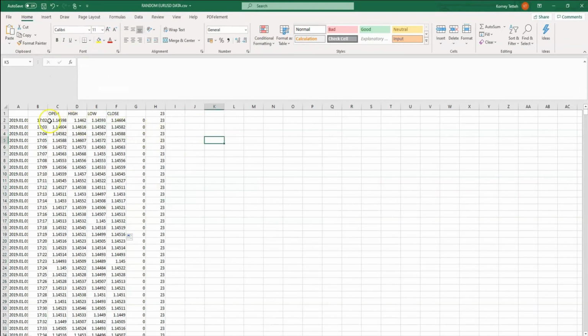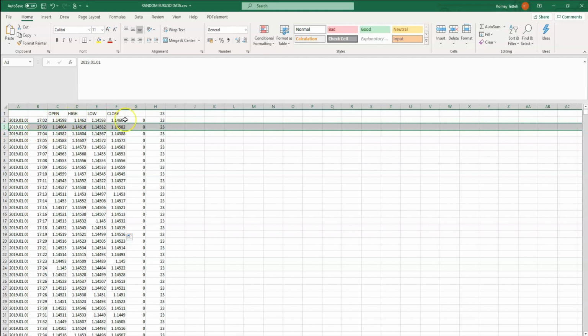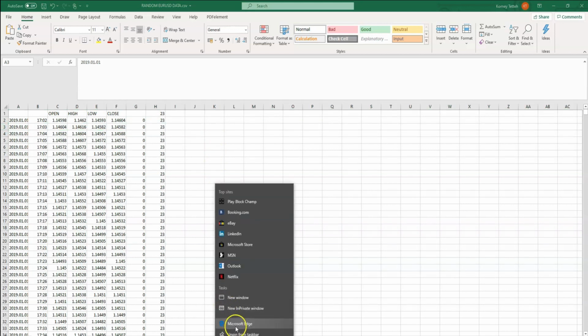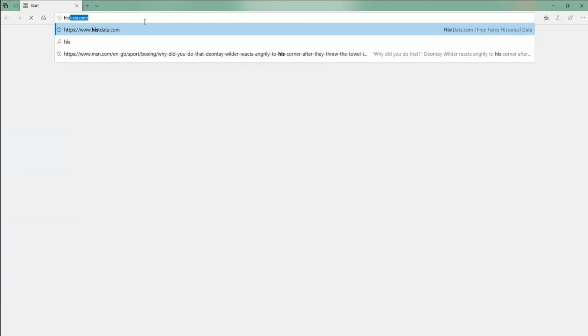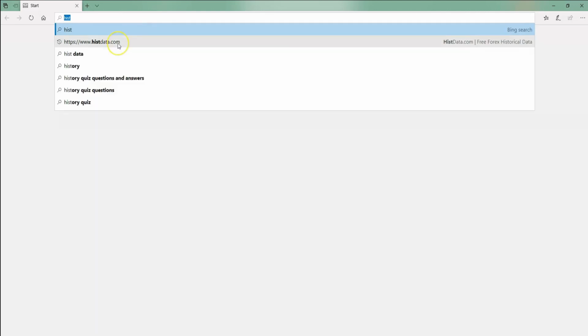Each one of these lines represents 1 minute of price action data. So that's 1 minute, 1 minute, 1 minute, 1 minute. To get access to the data, you can go to Dukascopy, or you can go to HistData. I'll pop one open so you can see. If you go to histdata.com,